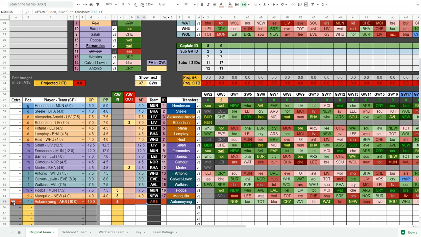And then if I want to make that an actual transfer, I can remove the watch list. I can remove the eye emoji from the watch list by pressing delete there. And it shows that I need to free up 10.0 to afford him. So let's just say I got rid of